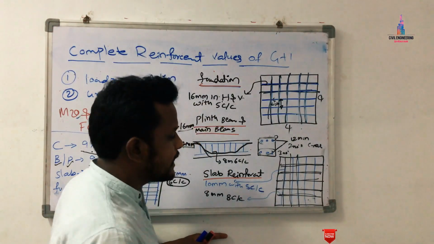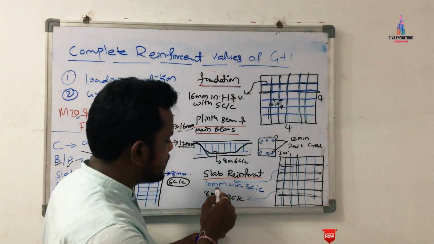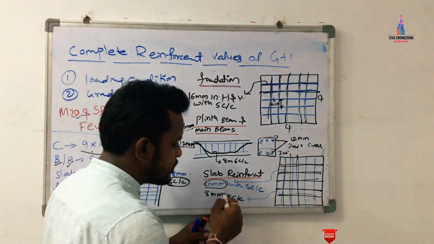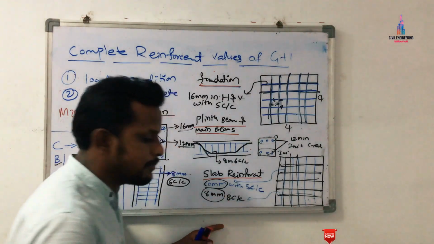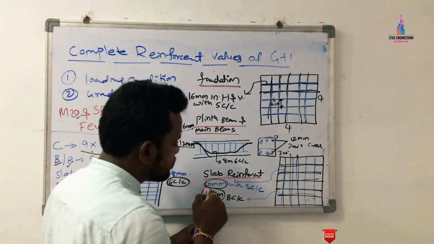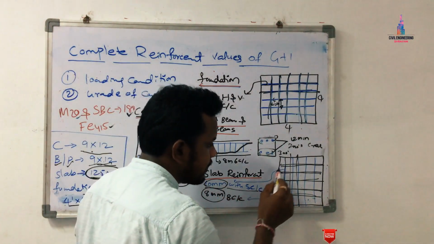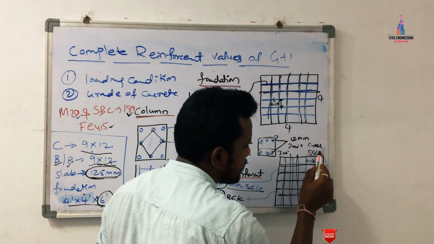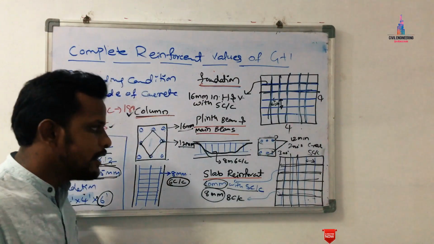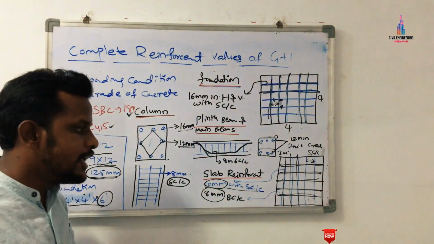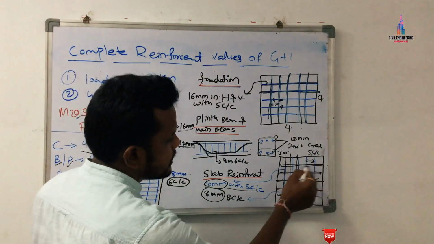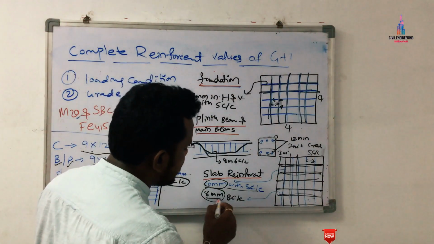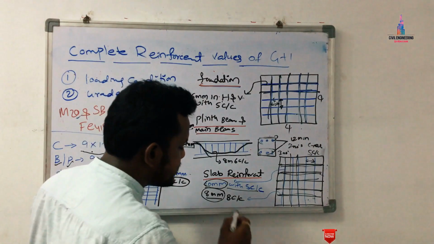For these main bars, the reinforcement will consist of 10 mm diameter bars. Okay, for the distribution bar reinforcement, it will consist of 8 mm diameter bars. For the main bar reinforcement section, we will take the center to center distance between each bar here as 5 center to center distance. Okay, so this is the reinforcement details for the main bar. Now I will explain the distribution bar, which is in horizontal position. For this horizontal position, we will take 8 mm bars, which have 8 center to center distance.